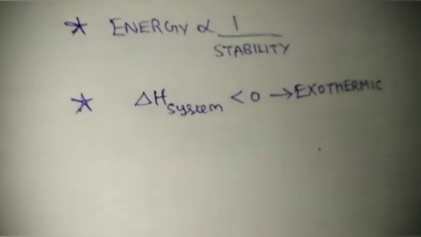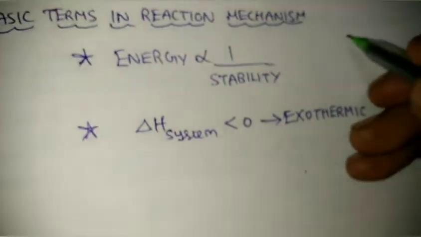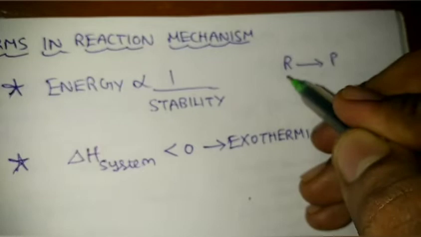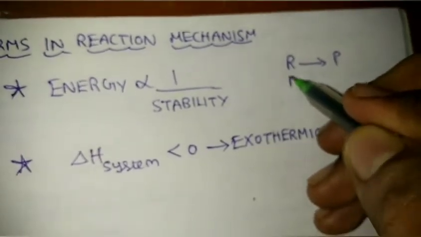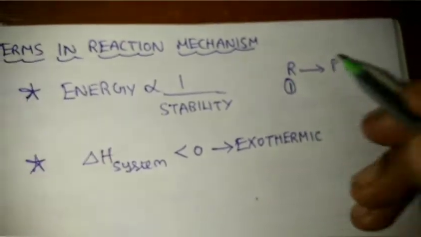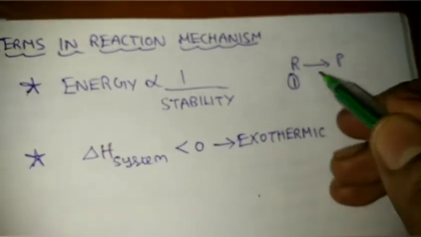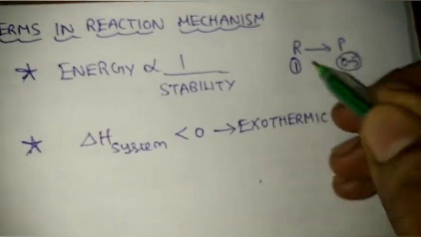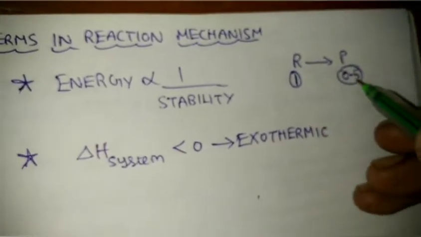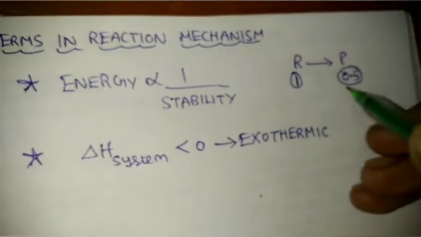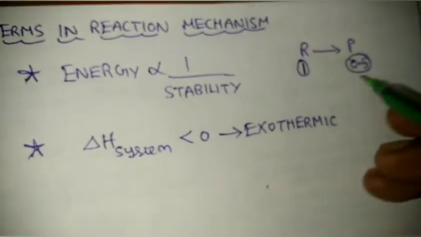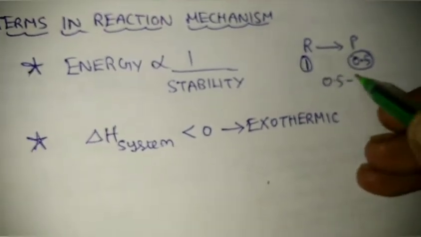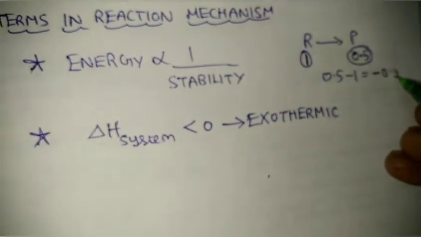Energy is released means, for example, if some reactant is here, reactants go to products, okay? If this reactant is for example 1, imagine this 1, okay, you don't see the units, only the value 1, and the products, if you see, it will be 0.5, okay? So numerically you see this. What is the delta H for this reaction? Numerically only, I said, the energy content of this minus this one, so it will be 0.5 minus 1, which is equal to minus 0.5. See, the value is coming negative.